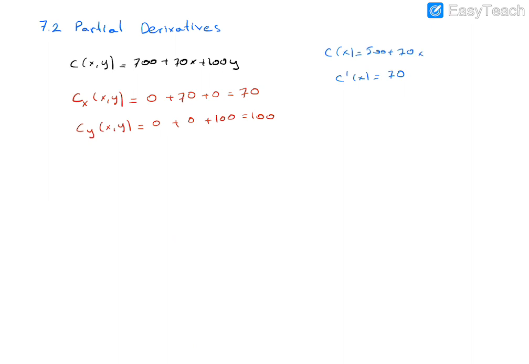So this one, the first one, is the change in cost due to a 1 unit increase in production of the standard board with the production of the computational model held fixed. The second one is the change in cost due to a 1 unit increase in production of the computational board with the production of the standard board held fixed.